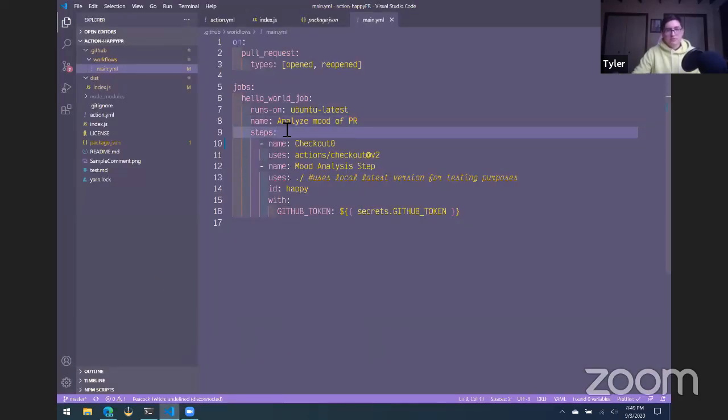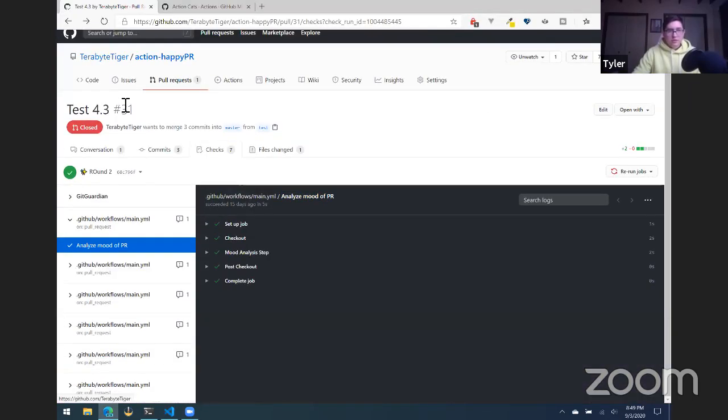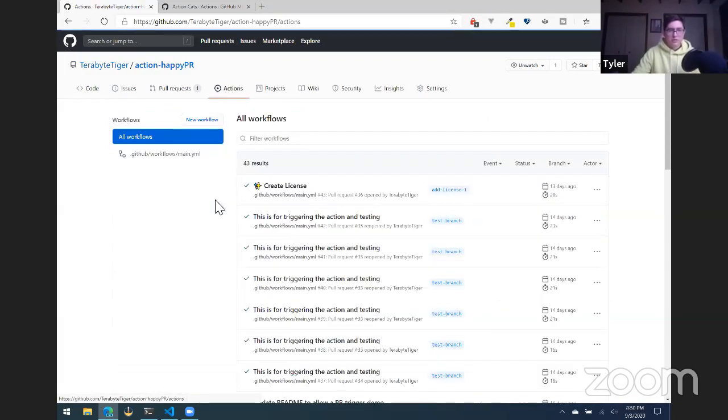Then we add our steps, and we tell it we want to run these steps, as we talked about earlier. Once we have that going, and we tell it we want this to run whenever there's a new pull request,